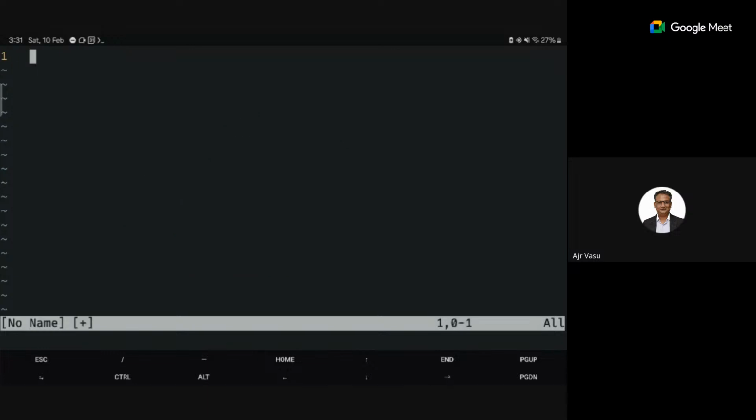So this is how it starts. Once you get a clean slate, you will be in normal mode first. Note that you will be in normal mode when you are starting Vim. Now, if I want to write something, I have to go into insert mode by using I. I pressed I. Now, whatever I am typing will come here.